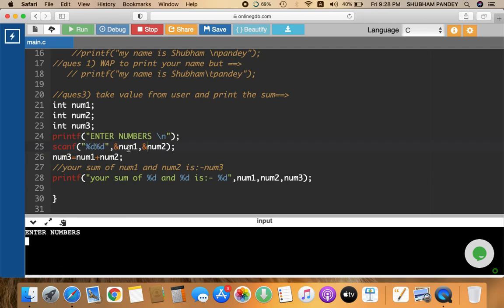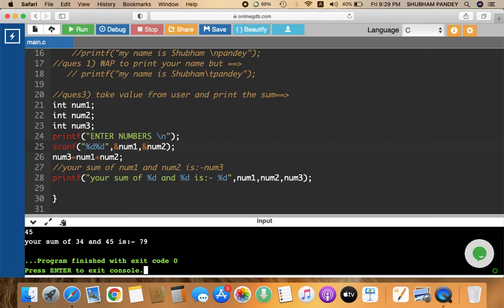So I am going to give 34, and the second value 45. Both values I provided here, and when I press enter, you see here "Your sum of 34 and 45 is 79" is printed.